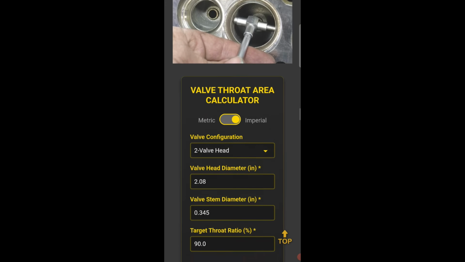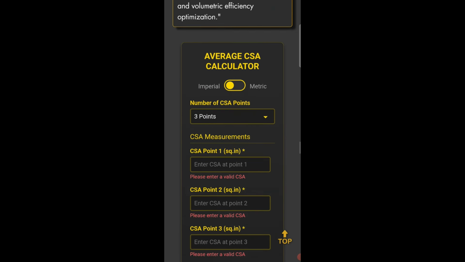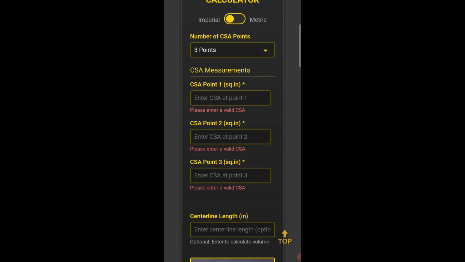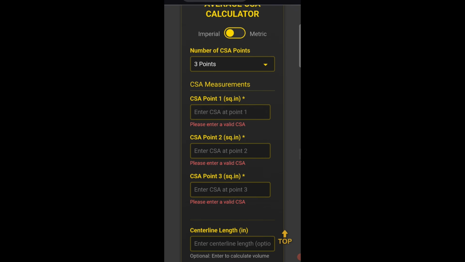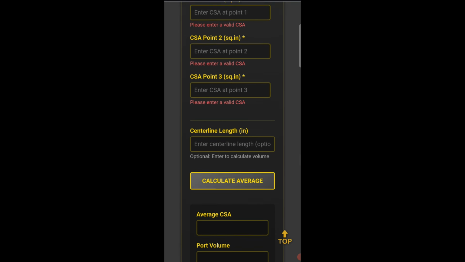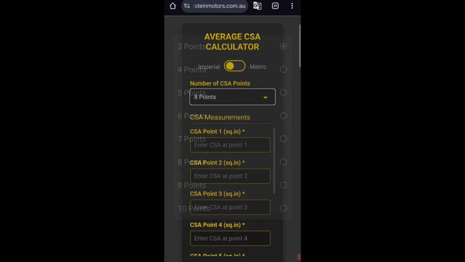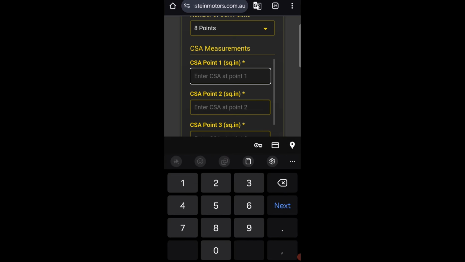All right, throat area, we don't need to work that out. Average CSA. Yeah, so this one you can put all your points in. So everything we've added up there, we can put in. We've even got a center line length here. So yeah, let's do this quickly. So what have we got? 1, 2, 3, 4, 5, 6, 7, 8. So we're going to use 8 points of CSA, and we're going to use our conversion, which we had. So it's